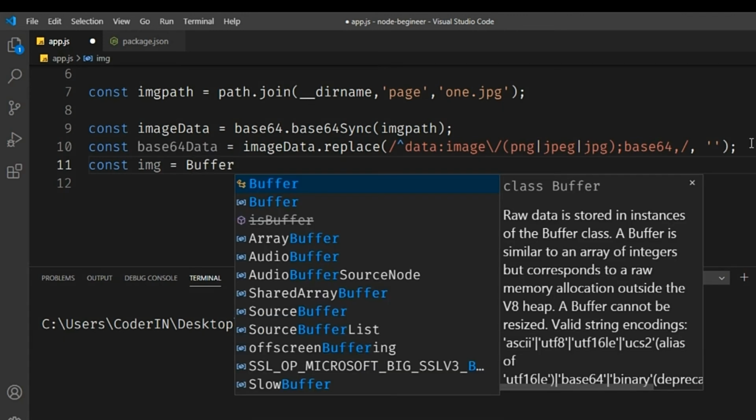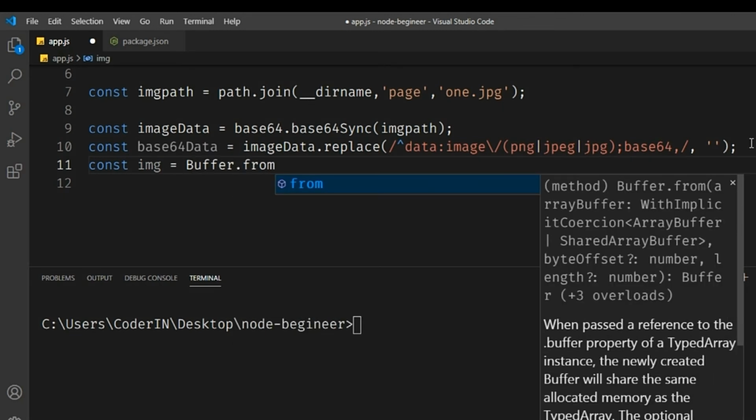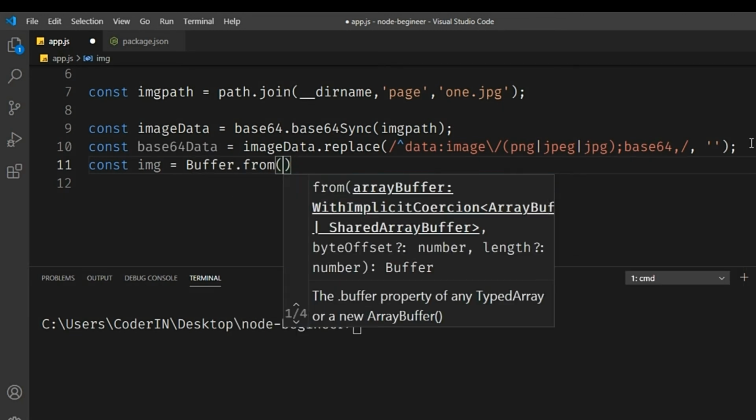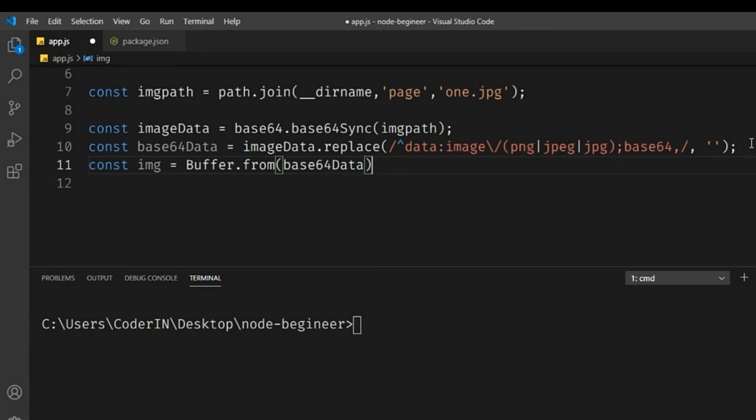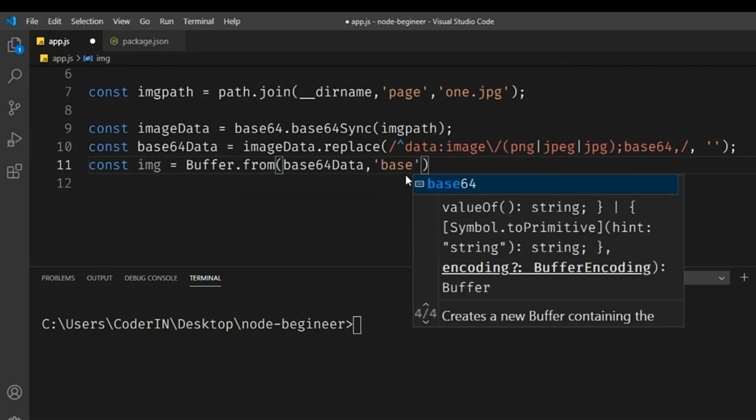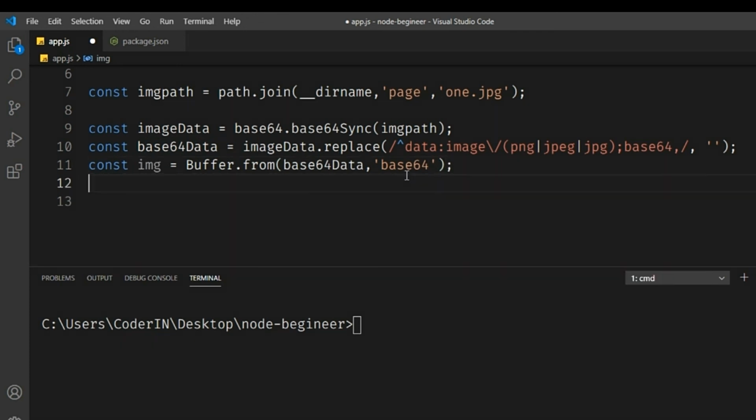We're using a buffer, right? It will be in a buffer format. The images will be streaming, Buffer.from base64 data, and we have to use base64. This is the base64 encoding format, and this is the main gist of this entire image loading.